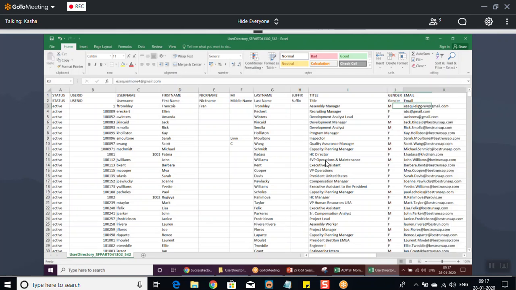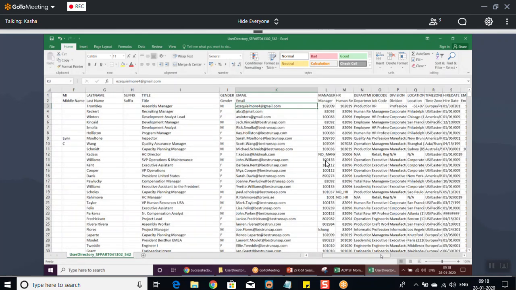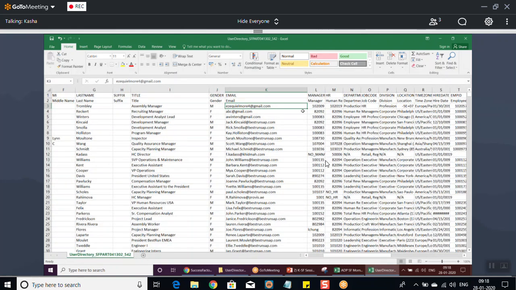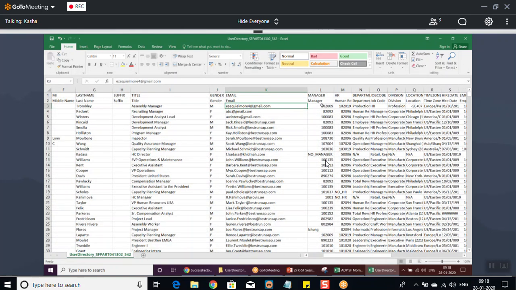Then the next section, you can see it is coming here as the mail ID. So obviously you'll be giving your official mail ID, not your personal mail ID, right? Because you're working for an organization. Now here you can see there is a section for the manager. So how will you define this manager? You can see this manager is coming as